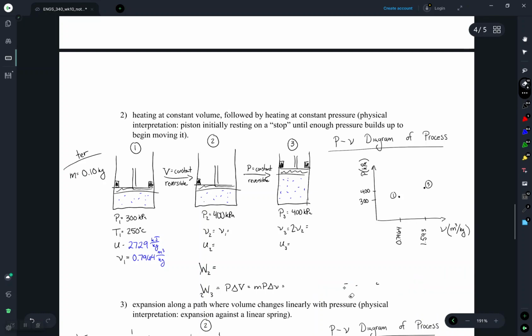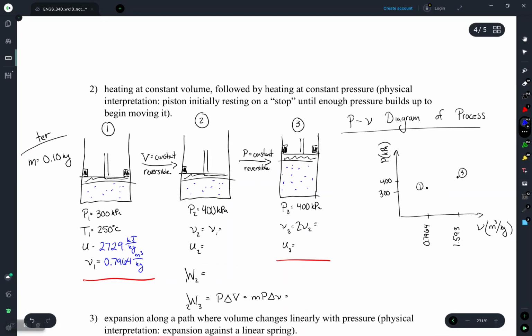So we have the same initial state here and the same final state. So we already have the final state, so we can just write down what we already know about it. So our final volume was 1.593 meters cubed per kilogram,